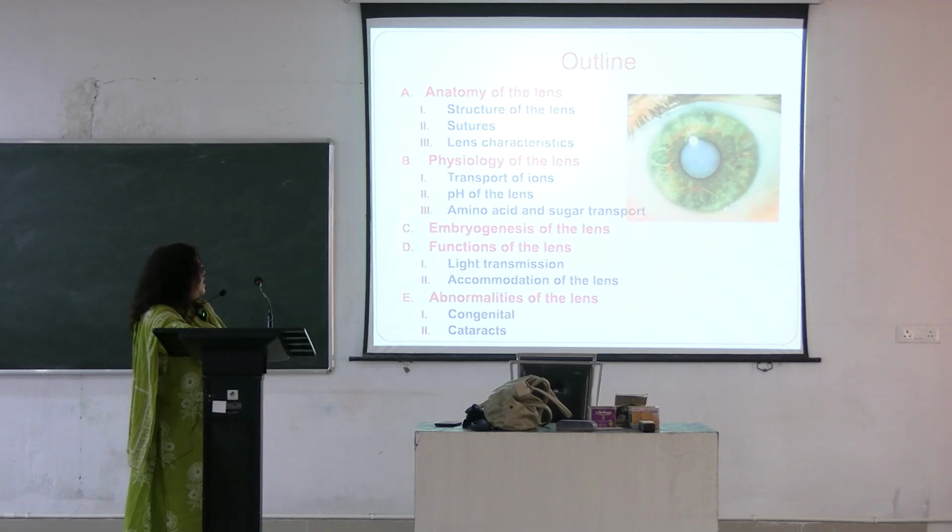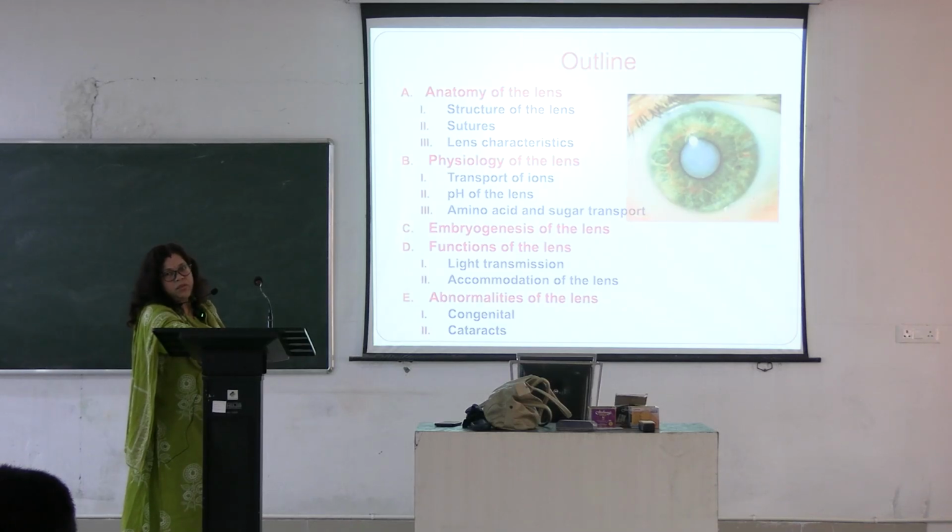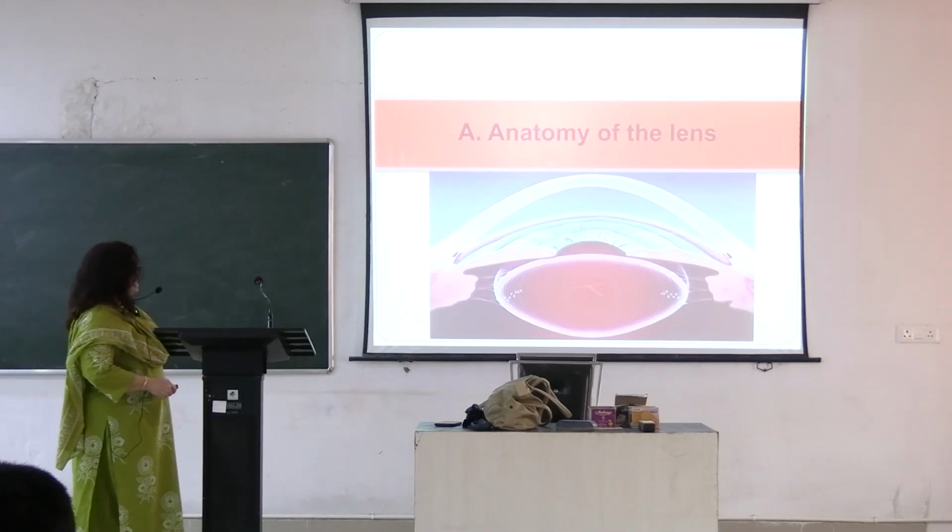This one is the upper eyelid, this is the lower eyelid. This light grayish blue color is the iris. This is the pupil, this one is the limbus. Here the transparent covering is the conjunctiva, and underneath the white structure is the sclera, and behind the pupillary area this is called the lens. Normally the lens is transparent, but in case of cataract its color changes from grey to pearly white according to the stage of cataract. This is the anatomy of the lens.